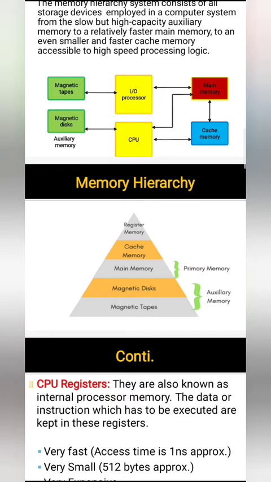Now within this hierarchical structure, you can see at the top of this pyramid, we have the registers. Next we have cache memory. Next we have main memory. Then we have auxiliary memory, that is your magnetic disk and magnetic tapes. Now in this pyramid structure, when you move from top to down, you'll see the capacity of memory is increasing. Right? Now, the register is a memory whose capacity is least, and the auxiliary memory, which is lying at the bottom of your pyramid, whose capacity is maximum.